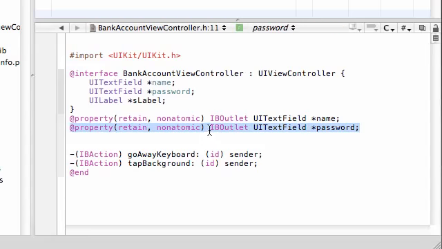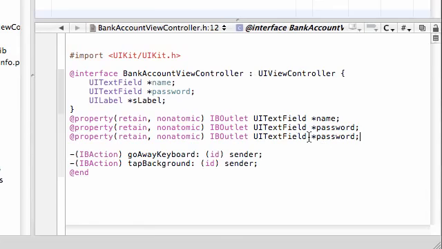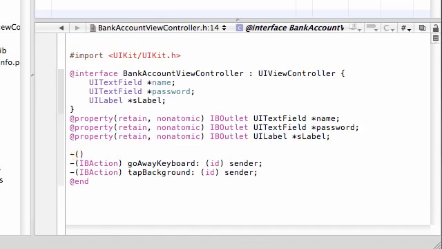So go ahead and copy this and paste that right there. And UILabel, but instead of password, put sLabel. So we started to create our outlet right here, but we need one more method, and that is